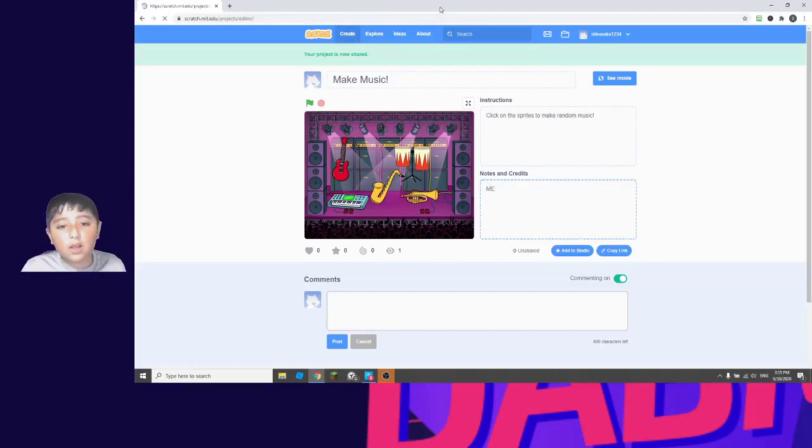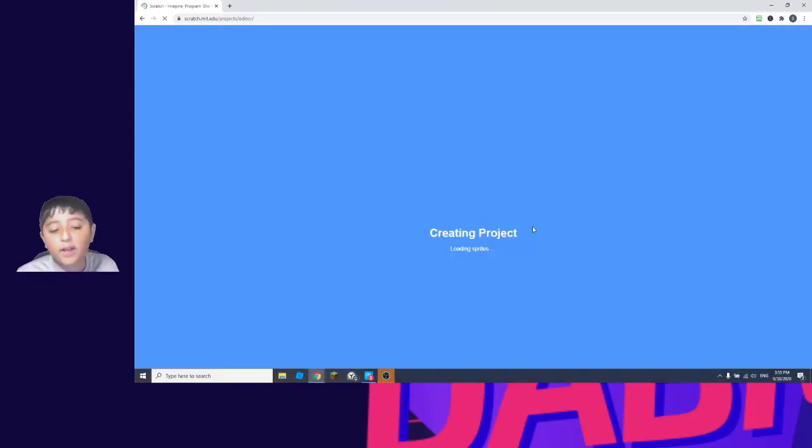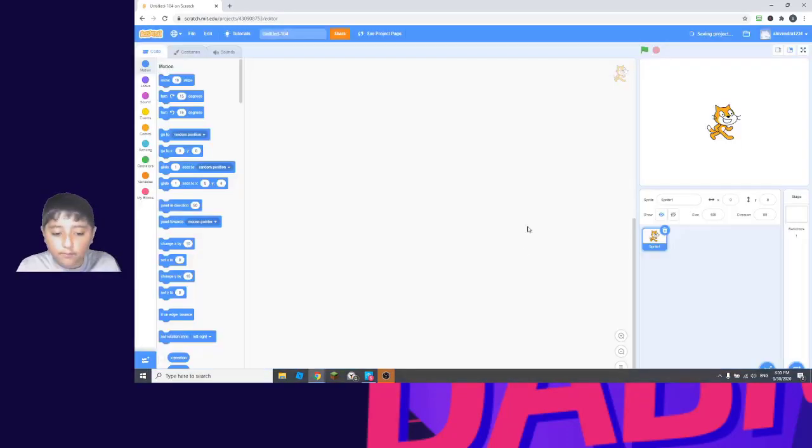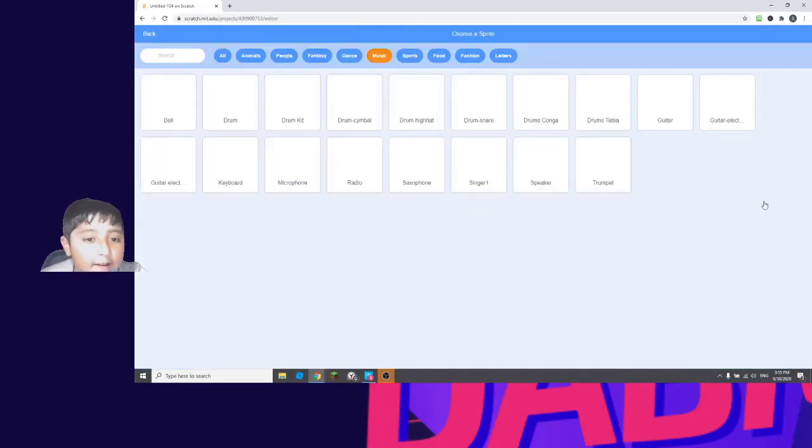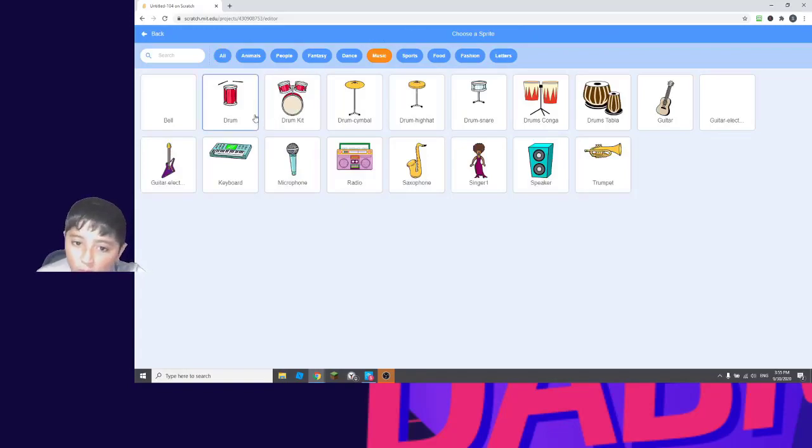So first of all, let's go on to the Scratch website. You all know that, common sense. And let's get started. So first we want to go to the sprites button. Then we want to click on music. Now you can add as many as you want. If you want, you can pretty much add all the instruments here. But for now, I'm going to choose the